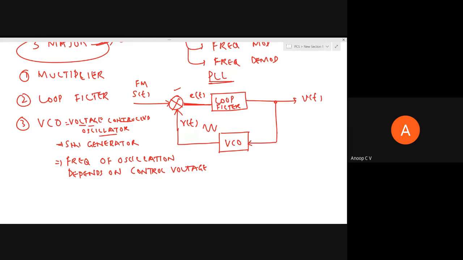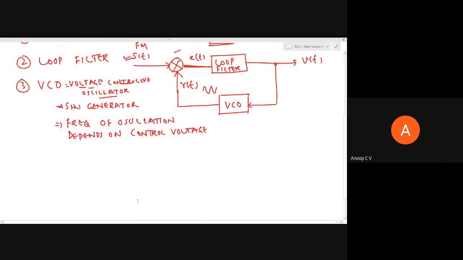But now you should remember what is meant by frequency demodulation, right? For that, maybe we'll have to quickly recollect what is frequency modulation. Does anyone remember what this S of t, the frequency modulated signal, is? I'm not asking many questions. Maybe I'll only write. This S of t, this FM signal, I can write as A_c sine or cos, anything. But here for this PLL, I'm writing it as sine. There is a reason, I'll tell it later.